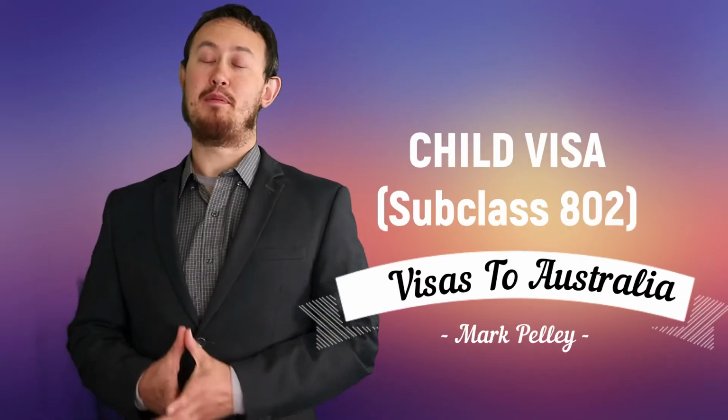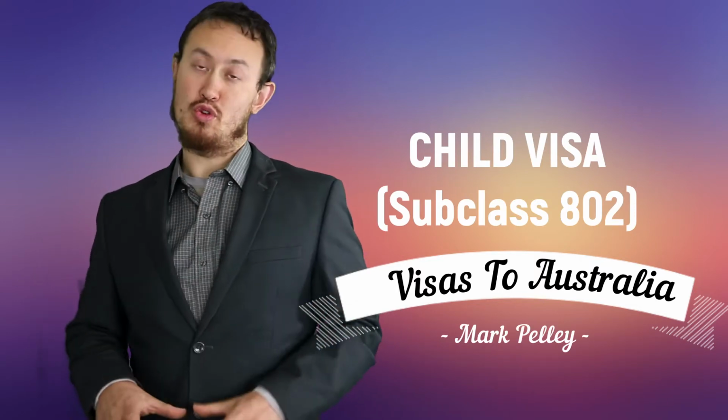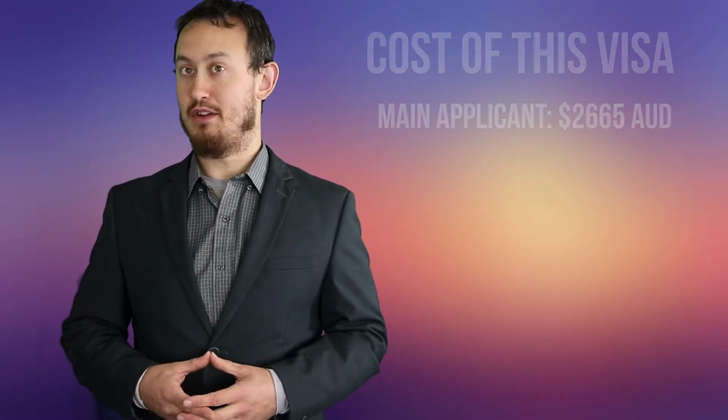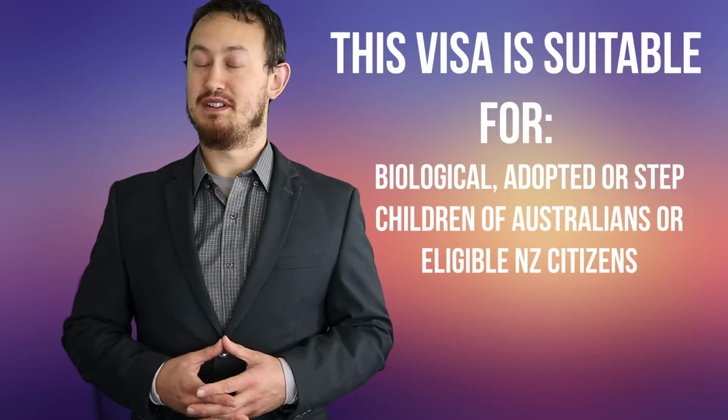Today we're going to be talking about the Child Visa Subclass 802. Now this is an onshore application for children already in Australia that allows them to stay here indefinitely with their parents. The cost of this visa is $2,665 to apply for. This visa is suitable for biological, step and adopted children of Australian citizens, permanent residents or